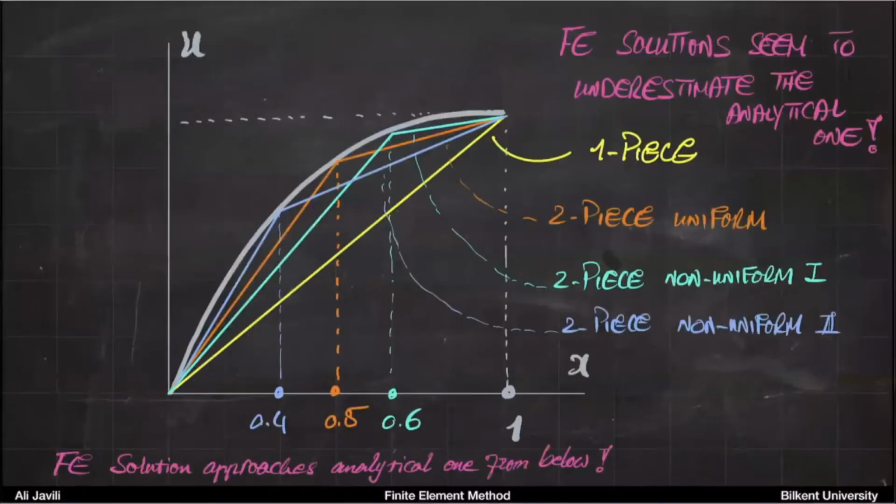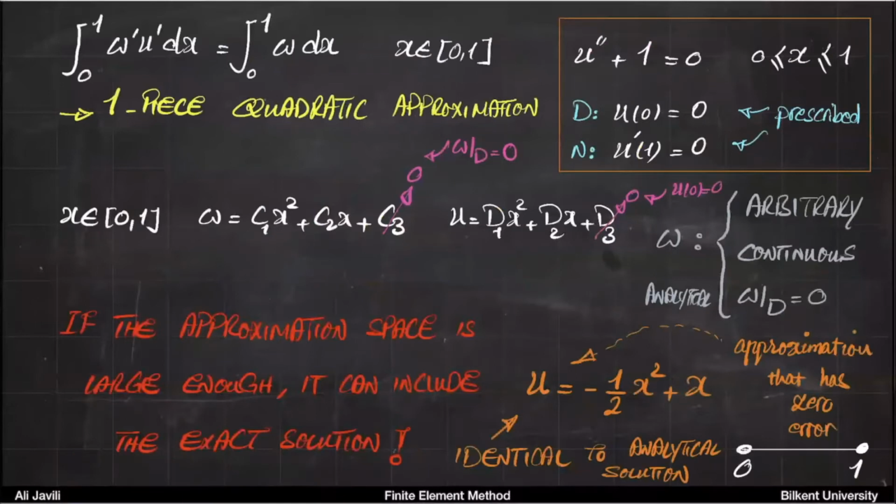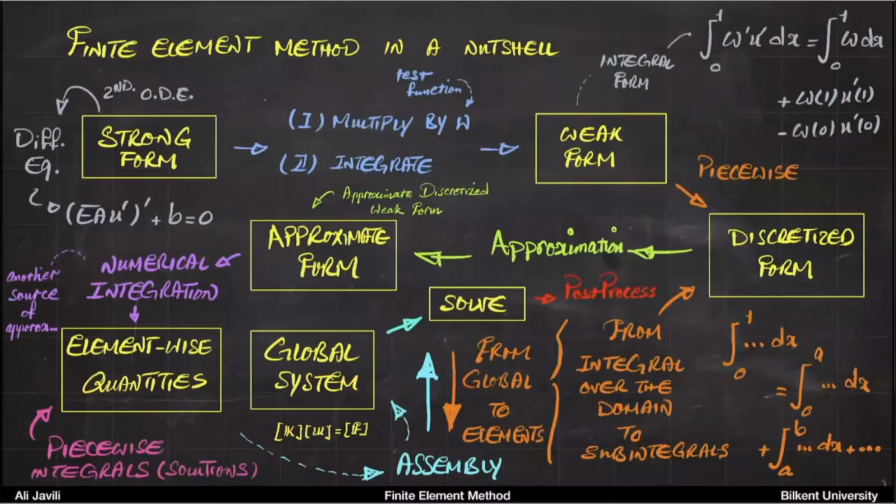These are a few linear approximations, and we learned if we have a quadratic approximation, it fits nicely to the analytical solution. And then based on what we learned, we had this, let's say, updated map, which is essentially the same thing that we had at the beginning. You have this second order differential equation. You multiply by W, integrate over the domain. You get the weak form, and then